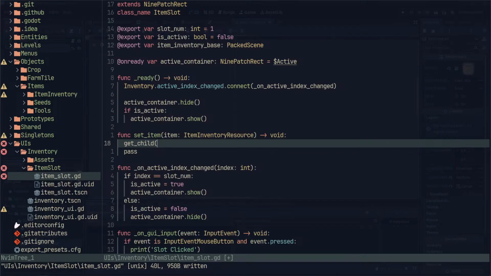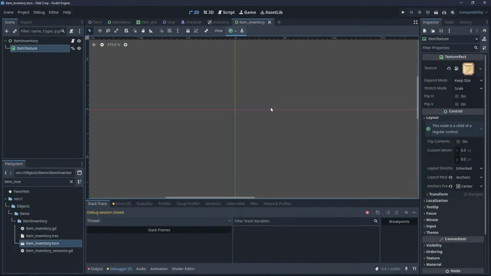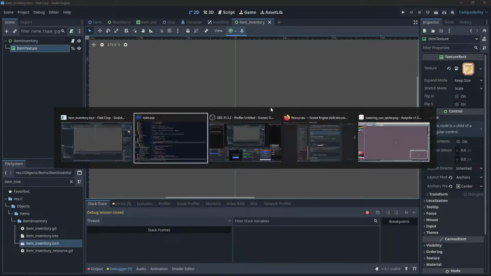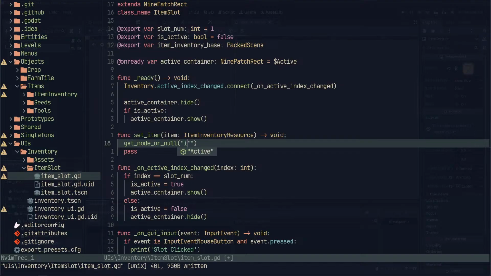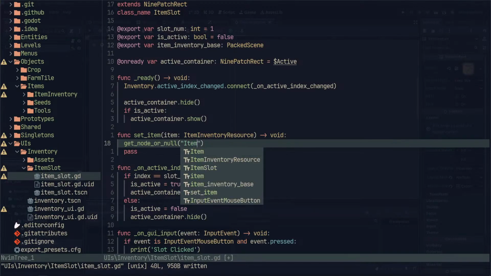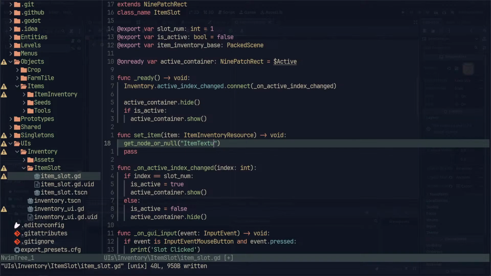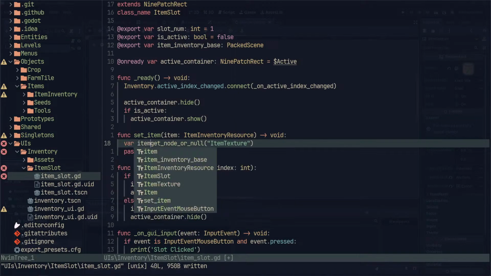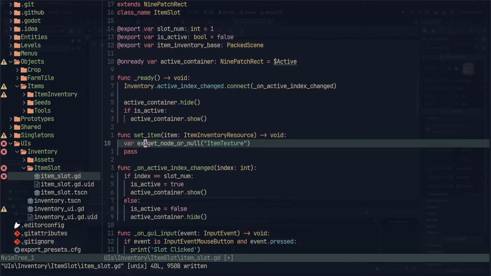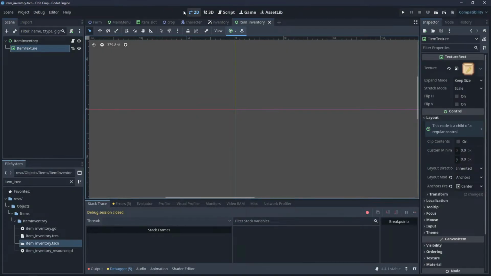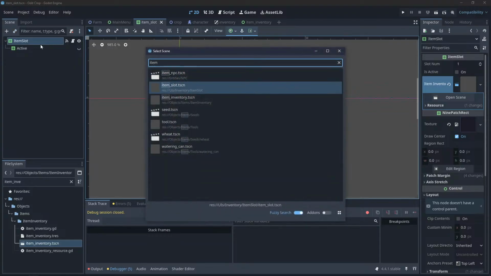Okay. Oh, index though. I cannot. Or I guess I can get node or null, item texture. Existing, I guess. What I'm trying to do here is set the item inventory here